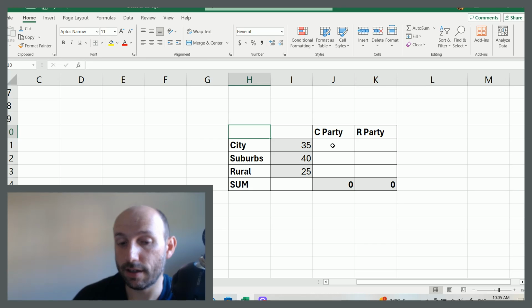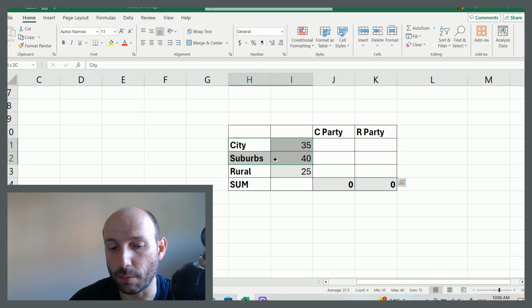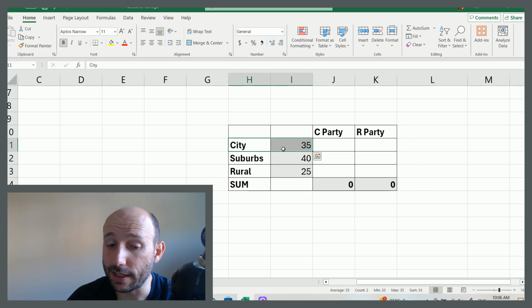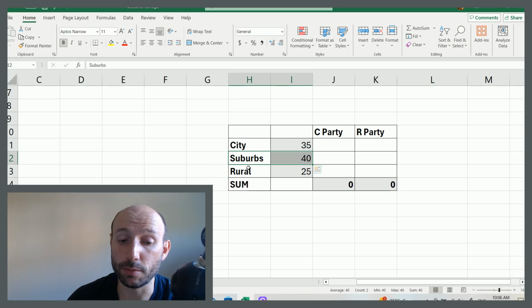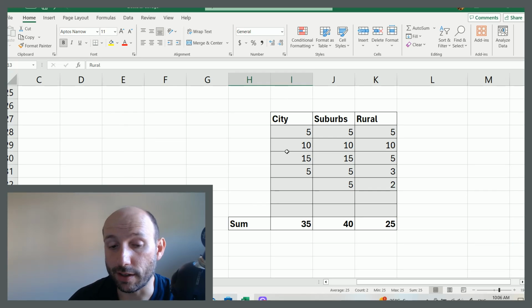In a situation where you have an electoral college, that is much more difficult to do. And now we're going to make our example a little bit more realistic. Instead of one state defined by city culture, one defined by suburbs, and one defined by rural culture, we're going to look at it a little more realistically.